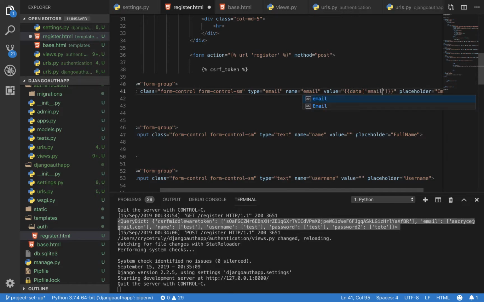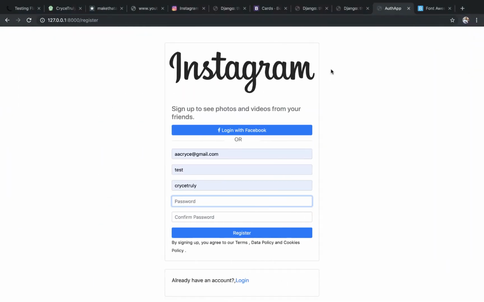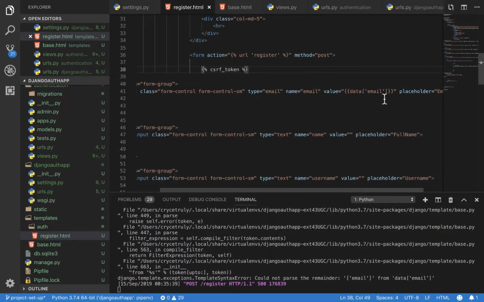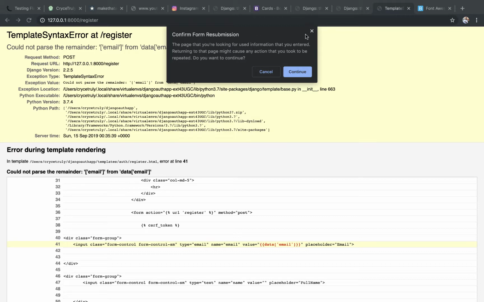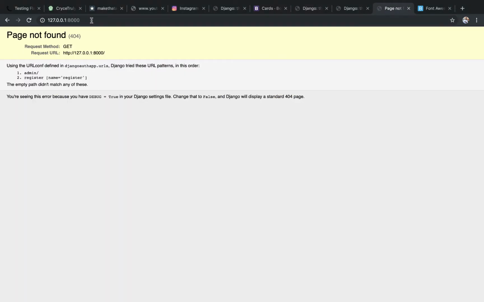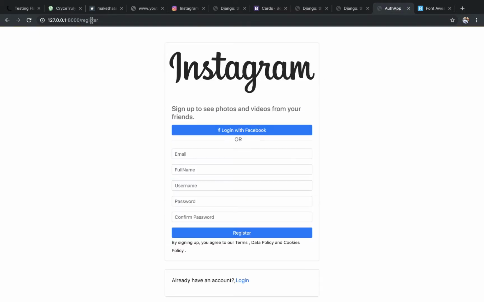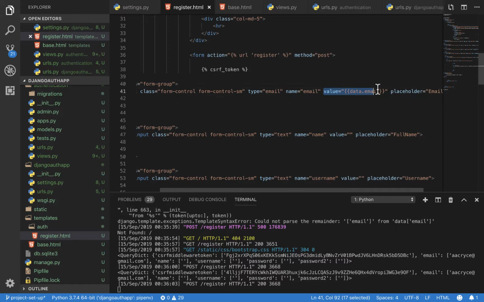Okay, let's see. Data email, is it a dictionary? Let's see how that works. So if we reload, no, it's not. So it has to be data. There's email. Then let's do reload. Then we go back, let's put an email, submit. Notice that now we retain our email. So very good. So we'll do the same thing for the other